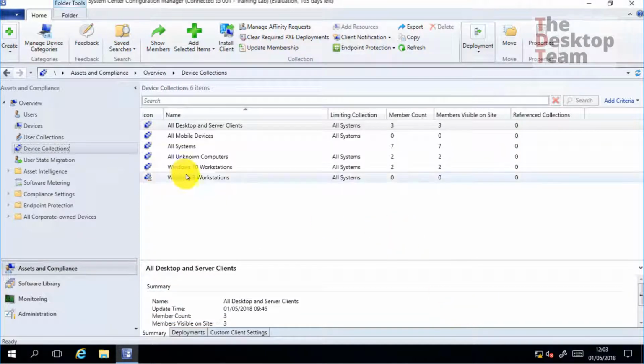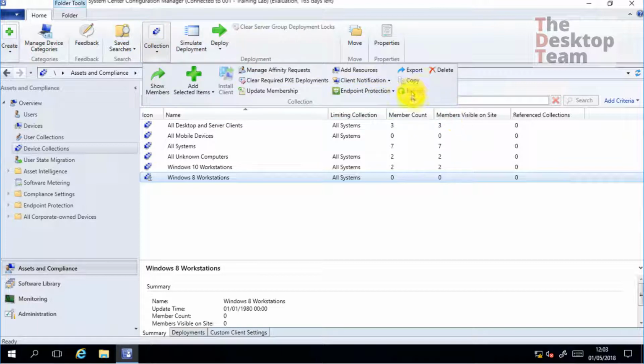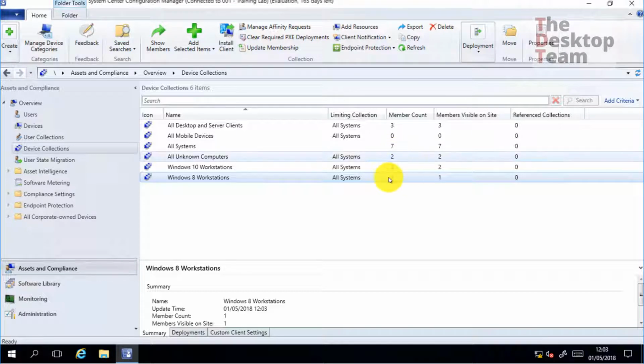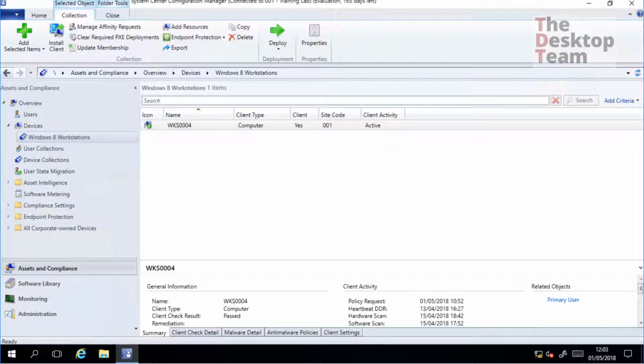And finish. So here, soon, it will change this all system to 1. So I've been using this refresh here that refreshes the whole list. But you don't need to do that. You can do a refresh here on the collections. That's going to refresh only that collection. And in this case here we can see member count 1. If I show members, it is our workstation 4. Okay, so quite simple to create a collection, and it's really powerful